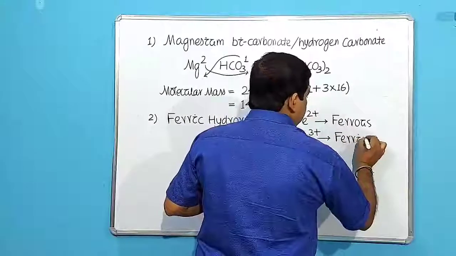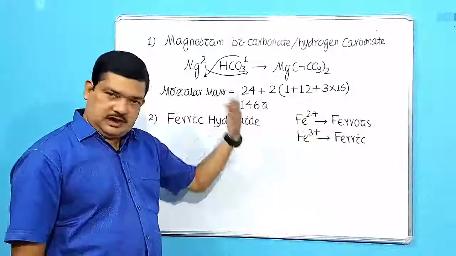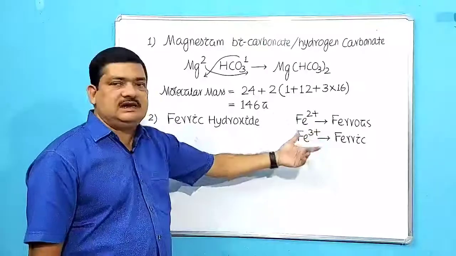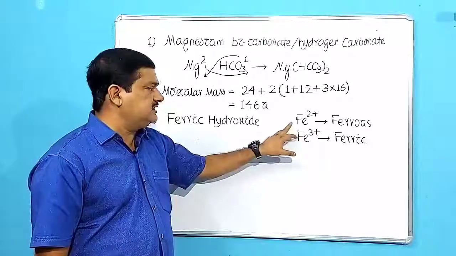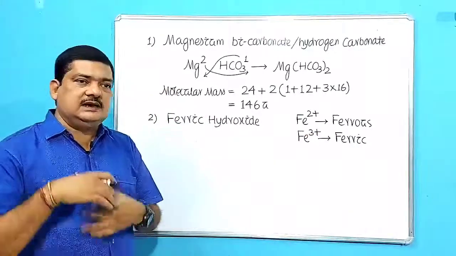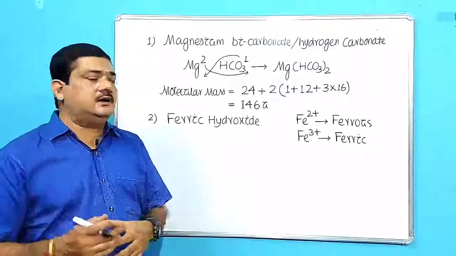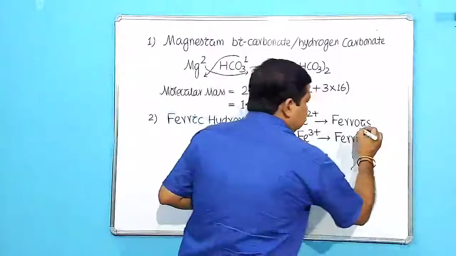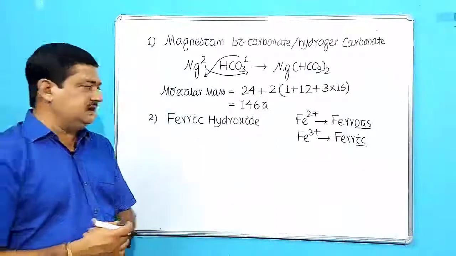So we have to remember, accordingly I will give you the assignments. So when the valency is 2, iron is the positive part, so that's why I have written plus. Iron is the metallic part having positive charge. So Fe2 means ferrous, Fe3 means ferric. So iron shows dual valency, and whichever shows dual valency, their eq valency is higher than os valency. So remember, eq valency is higher than os valency.